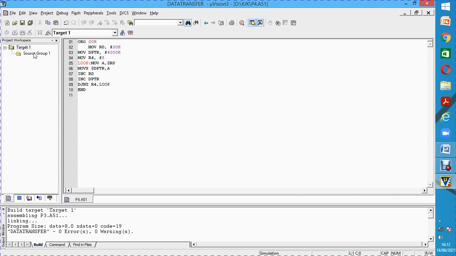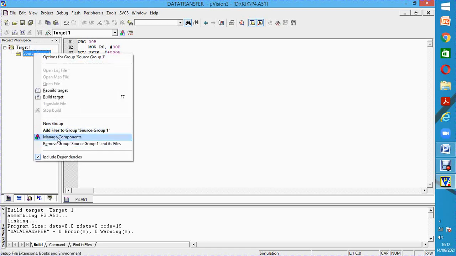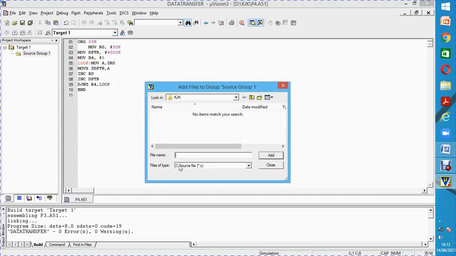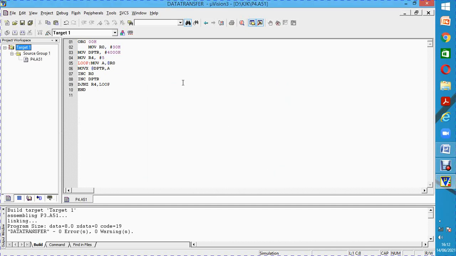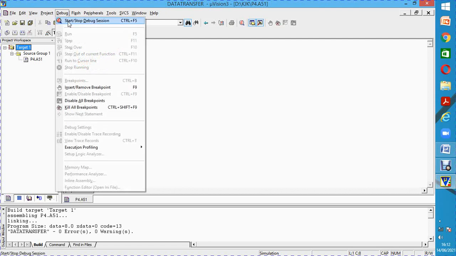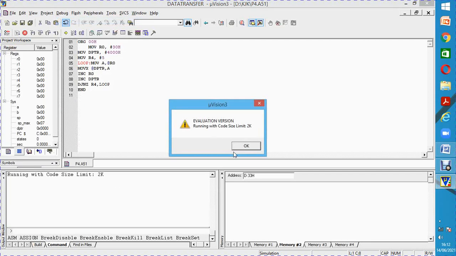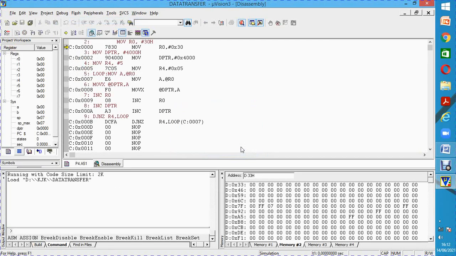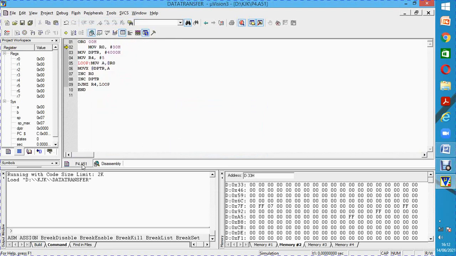So save, and right click on this, select add files to group. Here select ASM source file, select P4 that has to be attached, close it, and then run the program to see any errors and rebuild it. Then go to debug, select start debugger session, and come back to this. Here you can see that R0 is loaded with the value,